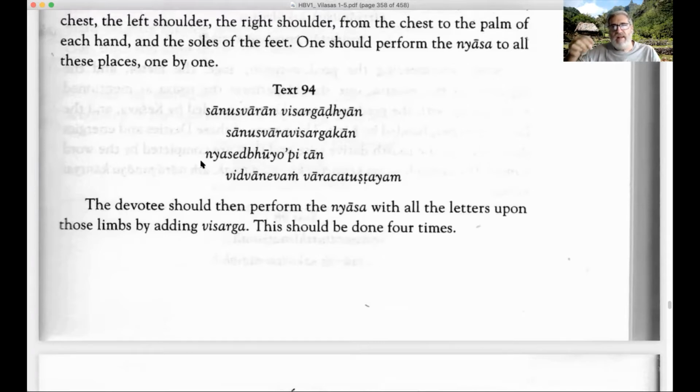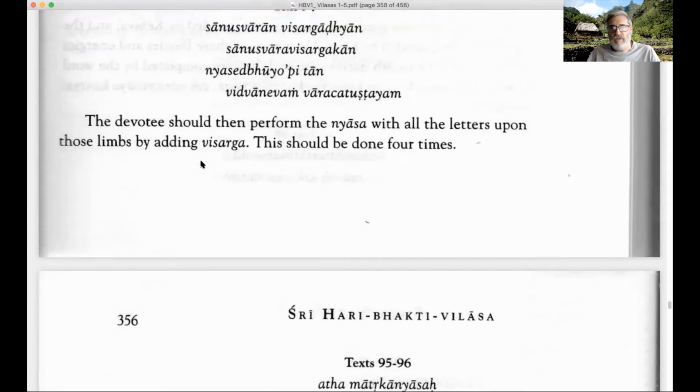So we have aha, ihi, uhu, ehe, aihi, oho, and auhu. These are the echoes that we get when we put the different vowels before visarga. So the devotee should then perform the nyasa with all the letters upon the same limbs, adding the visarga. It should be done 4 times.